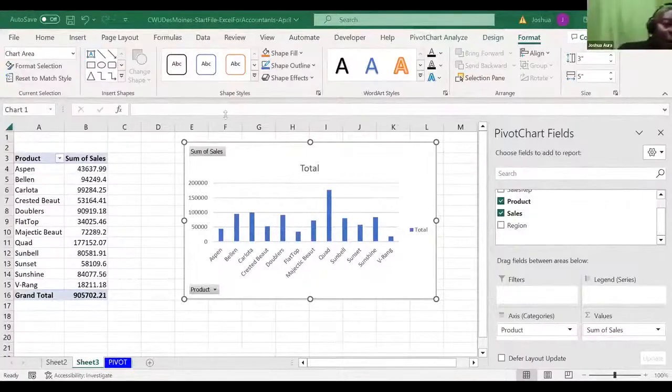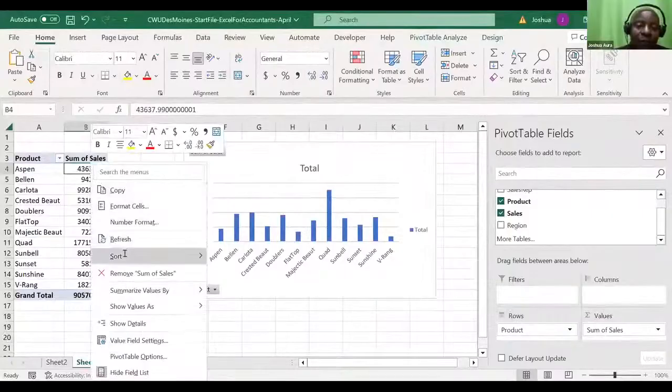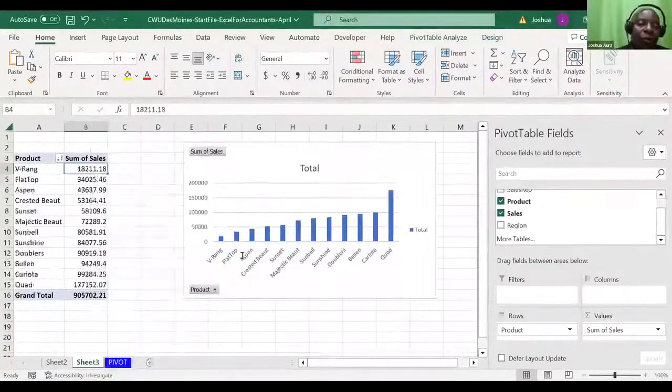Remember, if you click inside here and then right click, and go to sort, you can sort from smallest to largest. If you sort from the smallest to the largest, what are you seeing? In this case, you will be able to see from the smallest here to the very largest, and you'll see this thing has also behaved. And Quad is the man of the day. He has won everything. He has outshone everybody.